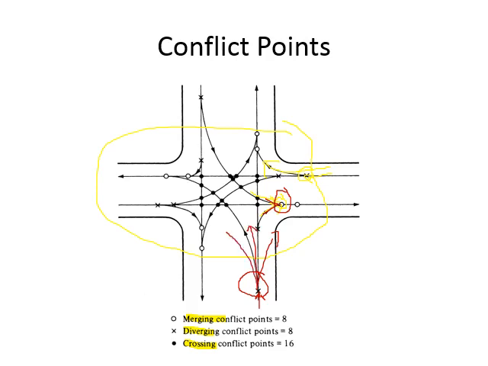Okay, and some of them may take a left turn as well. So this becomes a diverging conflict point: drivers coming from the same direction and going into different movements. And then we have crossing, in which the drivers are coming from different directions and going into different movements, but they are meeting at some point. Okay, so this point is basically a crossing conflict point.